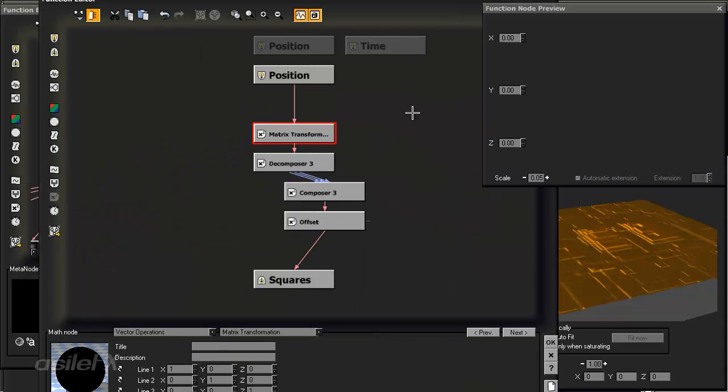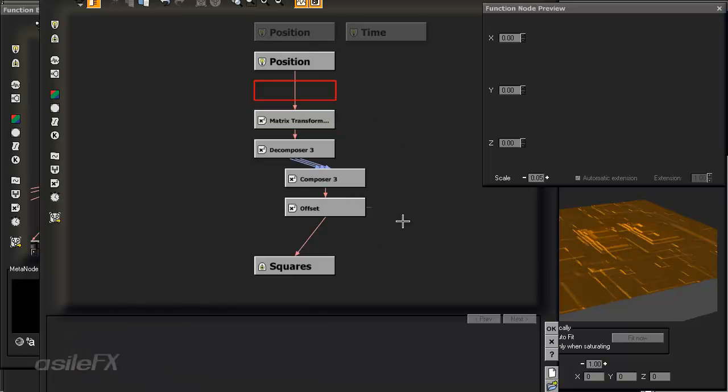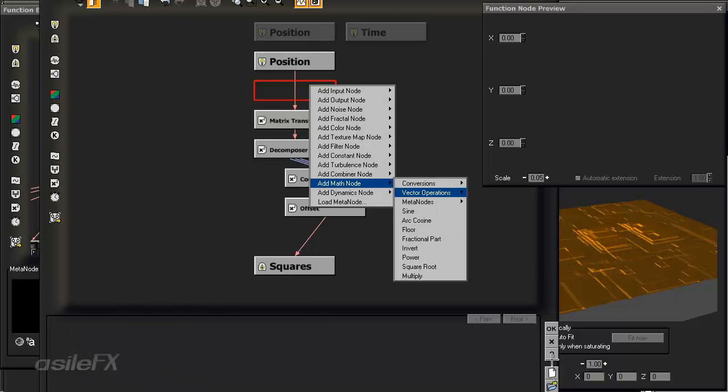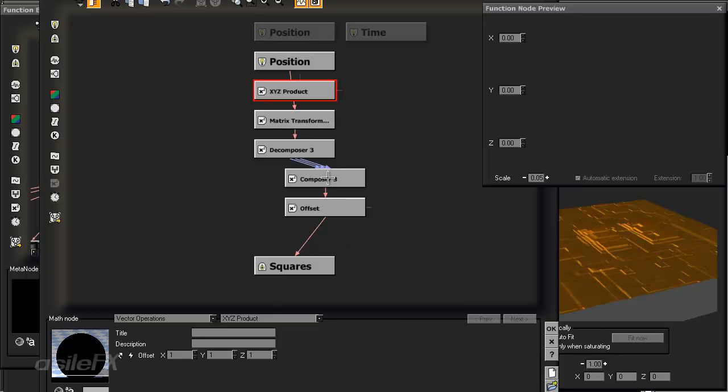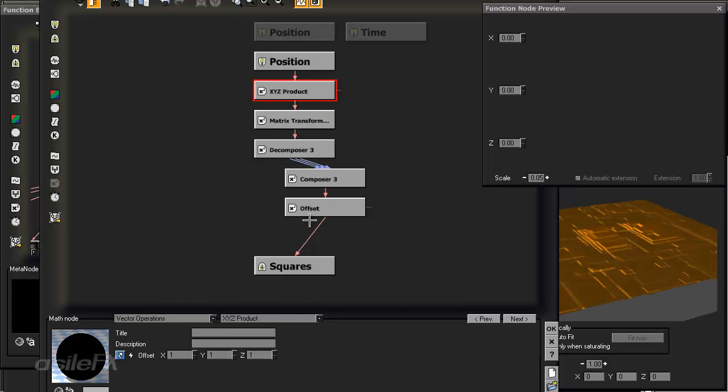We could extract the matrix transformation for this and increase our size for our lines, or we can use a more simplistic node under MetaNodes vector operation XYZ product. We're going to add that to our chain and publish it as vector size